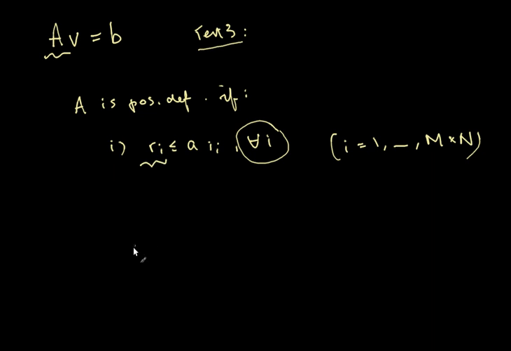And what does Ri mean? Ri means the sum of all the elements in a row excluding the diagonal element. So Ri equals the sum of the absolute value of all the elements in that row except for